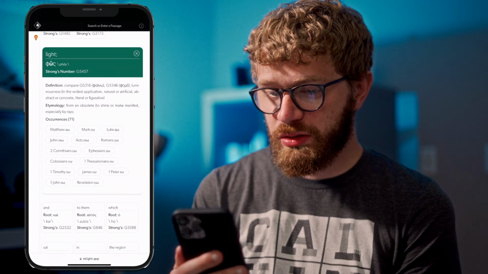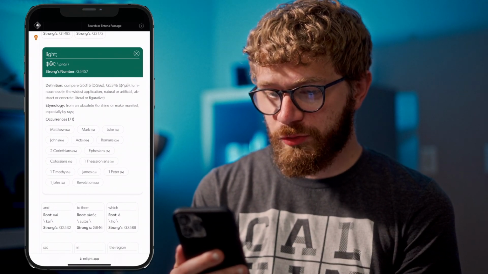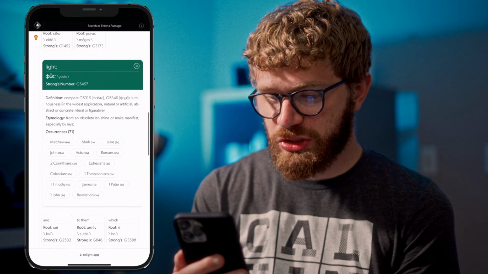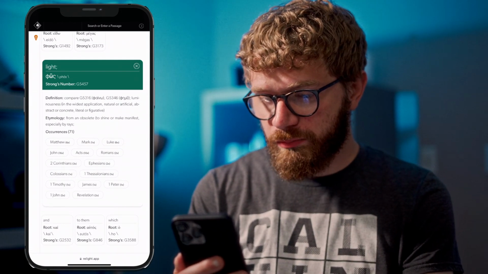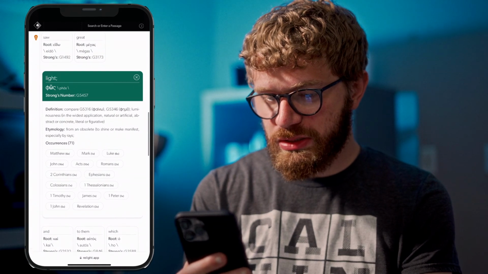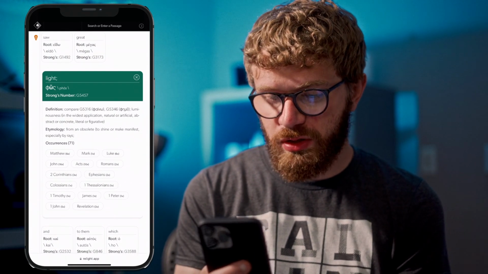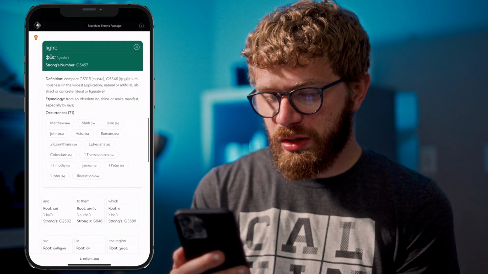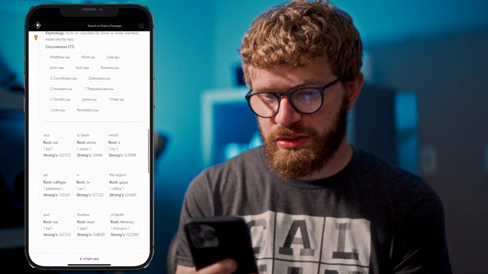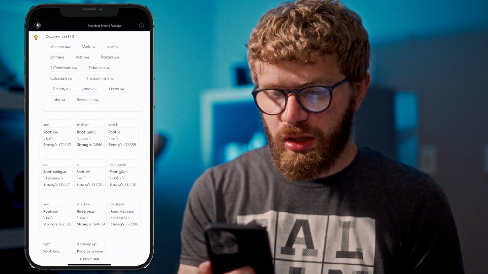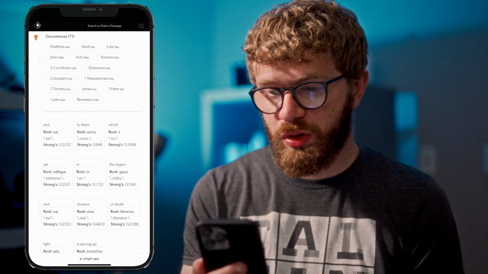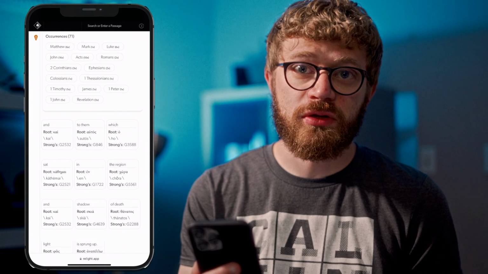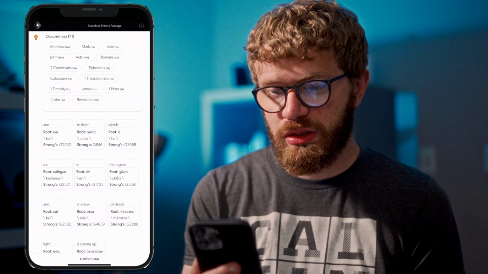You will see the information for that word. So we've got a definition here. We've got some etymology, or the origins of the word. It looks like we can't actually see a particular Strong's reference here for the origin. But then this is actually my favorite feature here, is this occurrences section. This will show you everywhere that this Greek word is used in the Bible. In this case, since we're in Greek, it's everywhere that it's used in the New Testament.